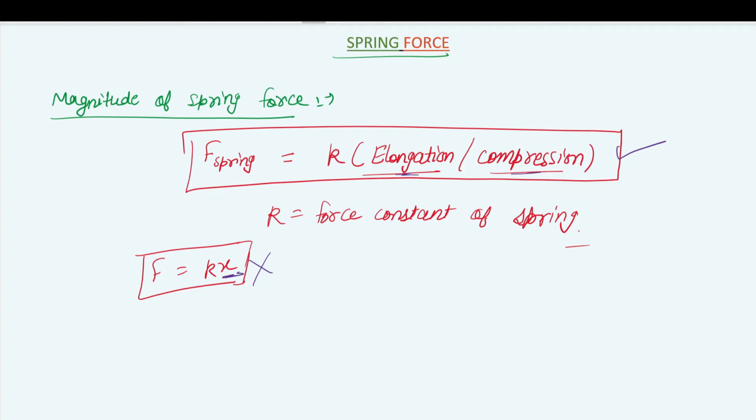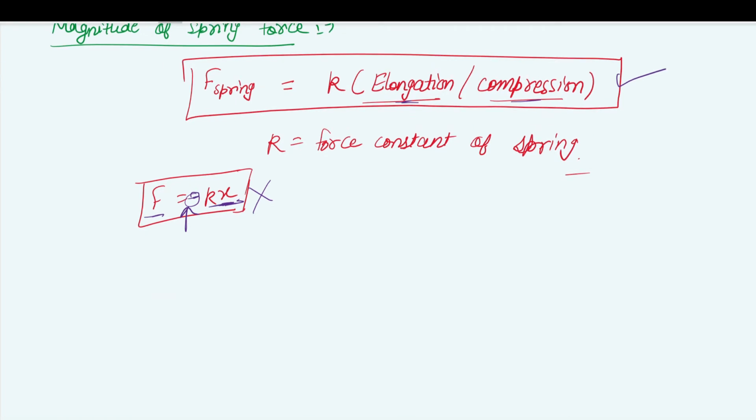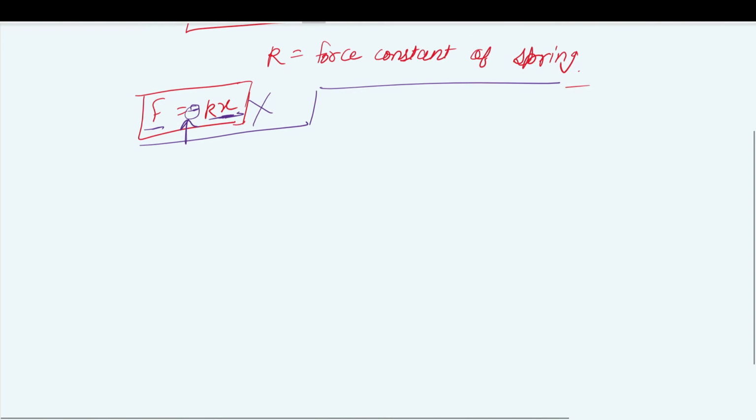Done. Or here we normally say that there is a minus sign also. With this minus sign, we say that the force is in the opposite direction to that displacement, hence we use the negative sign here. This is the true concept, that the direction will be given as the direction of this force, the direction of spring force.